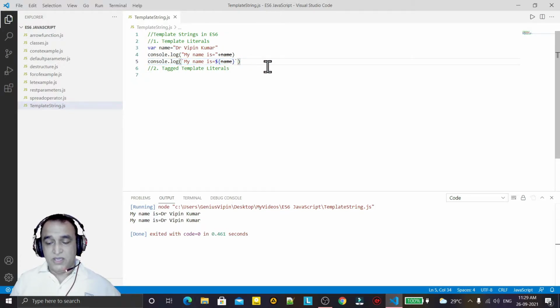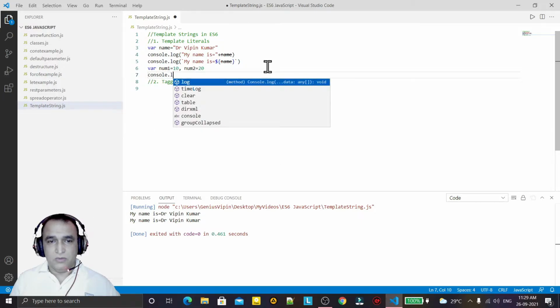One more thing we can also say like this, we have a variable, for example num1 equal to 10, and I have a num2 equal to 20, and then I have to calculate the sum or some other operations.